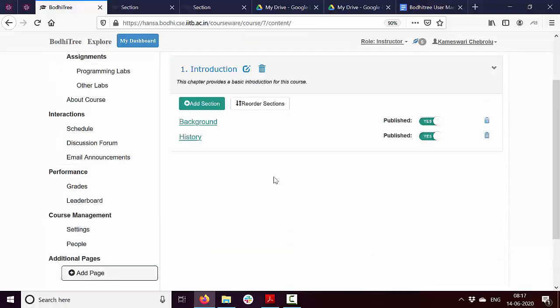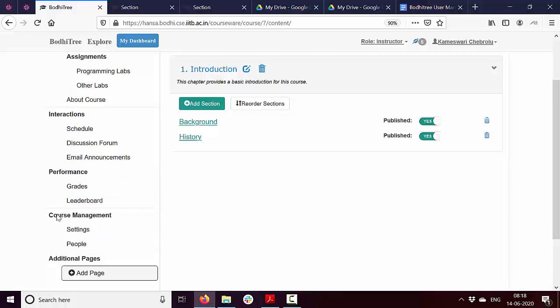To add students to your course, there are two ways in which you can add students. One is where you yourself will enroll students via uploading a spreadsheet. This is the most preferred way because this gives you complete control over who is in your course, and we strongly recommend it. The other way is where students themselves sign up for an account on Bodhitree and then they enroll in your course. And if your course is a moderated course, you have to give explicit permission for them to be approved. Let's see both.